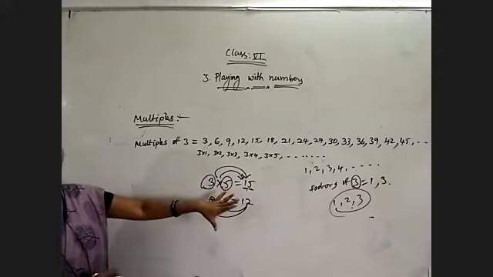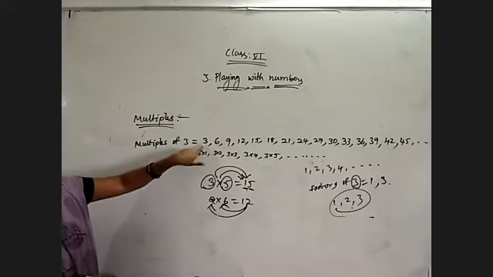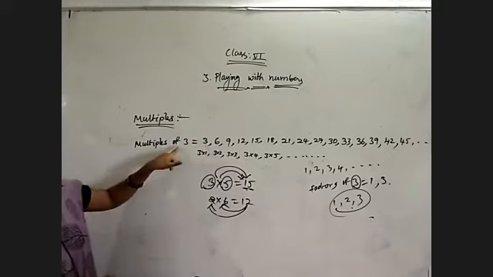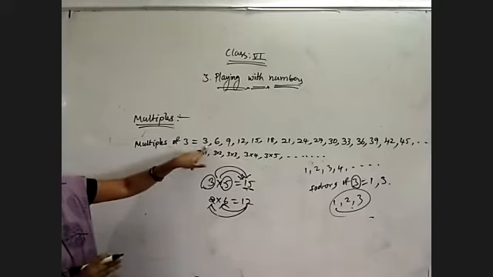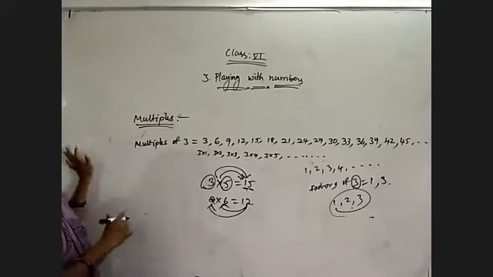So that is the relation between factors and multiples. Just know whatever I have discussed. From this, observe the multiples of 3. The starting point, the smallest multiple of 3, is 3. There is no highest multiple. Try to write the multiples of 4.